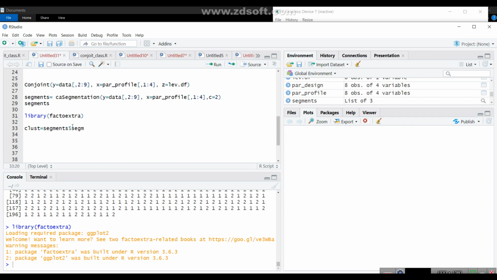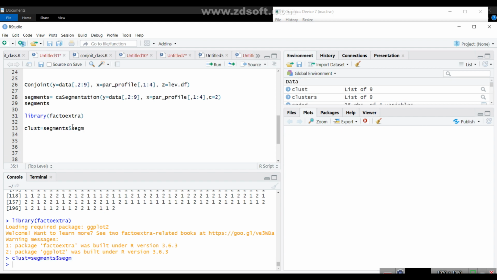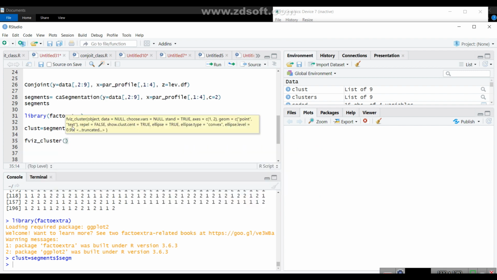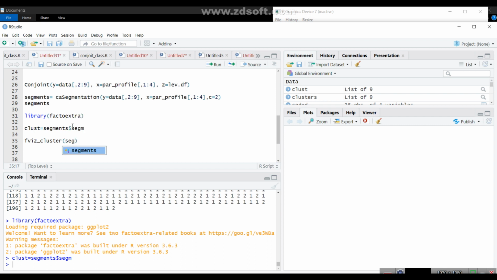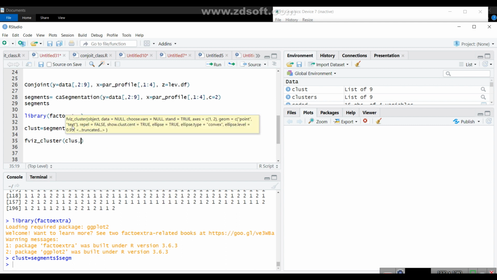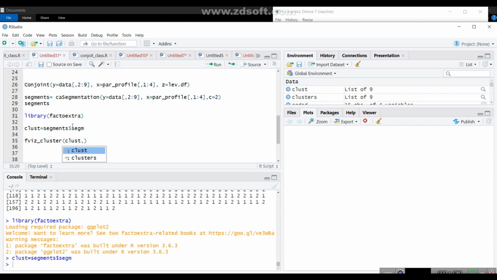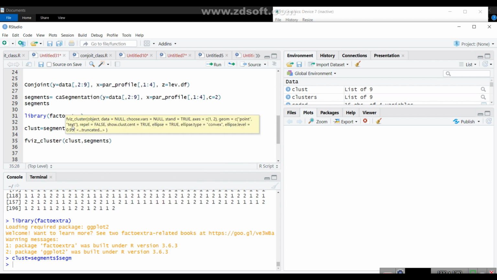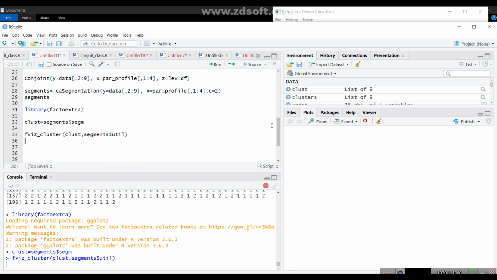This is the object I require to create my visualization. Then I will use the fviz_cluster function, which is in the factoextra package, and I will use this cluster, and I also require data. The data is in my segments object, so segments dollar sign utilities. If I run this function,